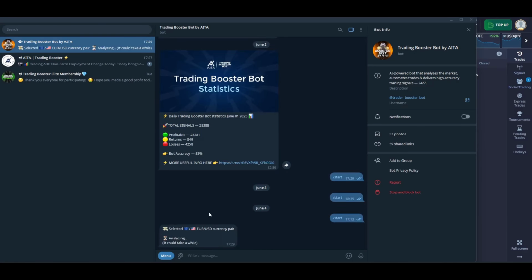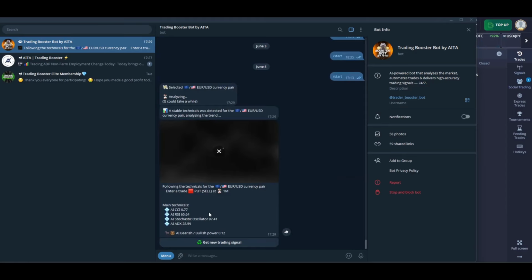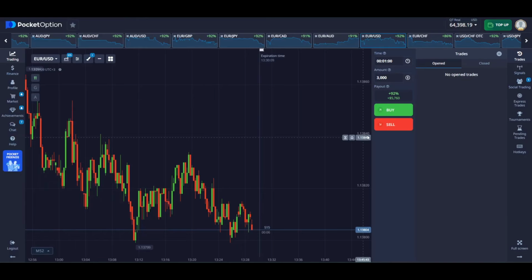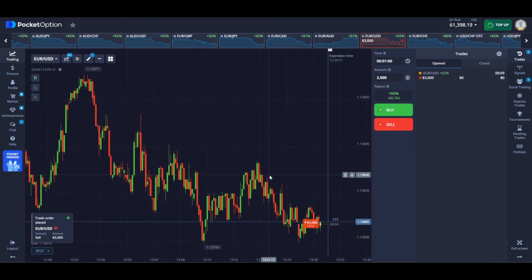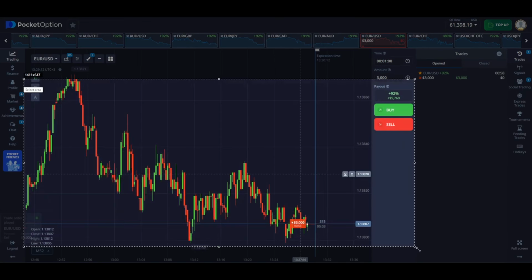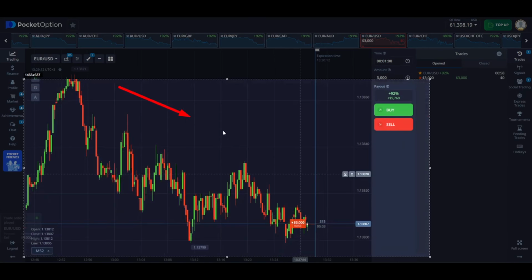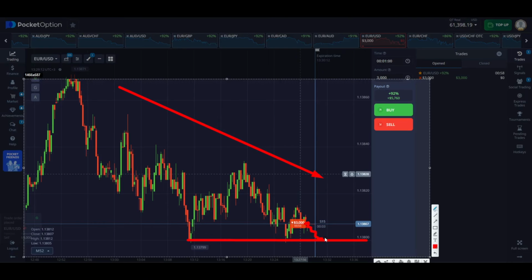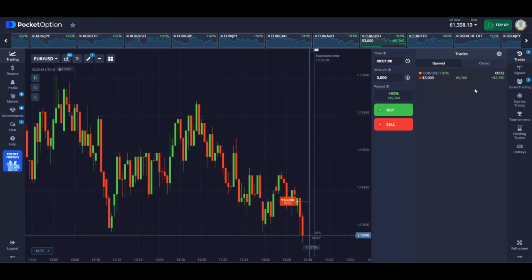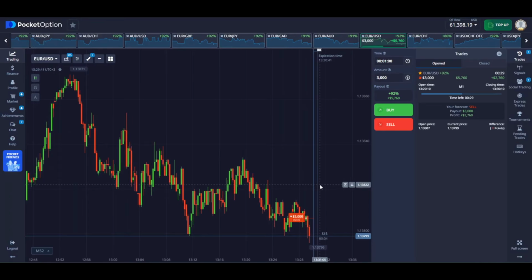I select this currency pair, set the trade time to 1 minute, and now I'm waiting for the signal, and I get a sell signal. Okay, I'm opening a sell trade right from here, and honestly, the situation here is also pretty unclear. On one hand, we have a downward movement, but on the other hand, there's a level here that we haven't broken through. And since the booster bot just gave me a sell signal for 1 minute, most likely it thinks that we'll approach this level. Now, whether we'll break through it or not, we find out with a 3-minute or 5-minute signal. But as you can see, the breakout happens even within 1 minute, which means the booster bot read the market